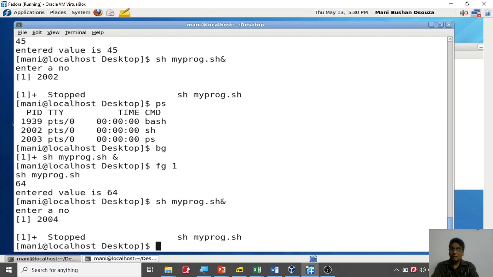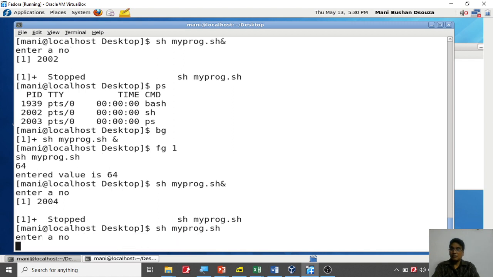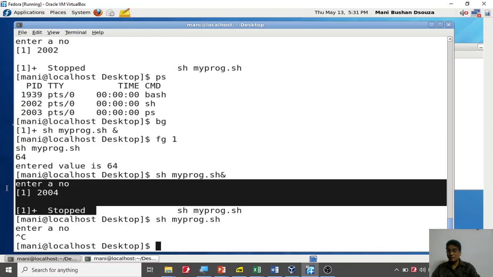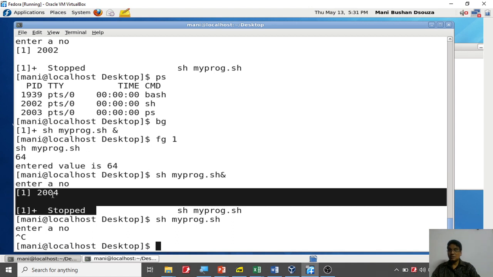So if you go over here, remember, one is already running in the background. If I run this sh without the ampersand, you get this enter a number. What if I press Ctrl C? That program is terminated. Remember, you enter a number, Ctrl C is sent, so it is a direct interrupt to that program, asking it to terminate. I don't want you to proceed. So that process gets terminated and it will continue. What if I want to terminate this program which is already running in the background? It is still running. The 200 process is still running. So what to do in that case?